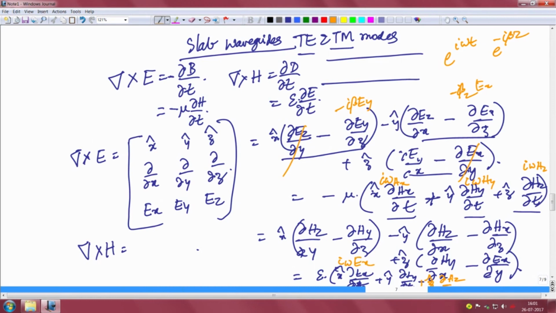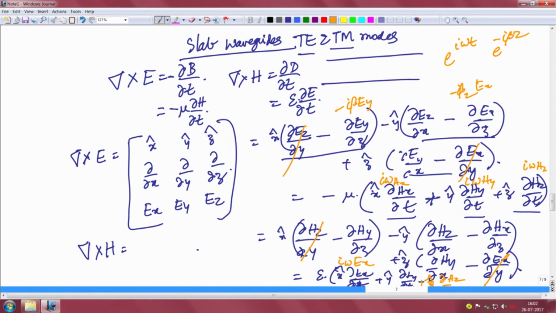So, we will try to equate now. The z components we need to kill, this x component also goes and this x component also goes, and the second one is Hy, third one is Hz. So, by properly equating we get minus I beta Ey